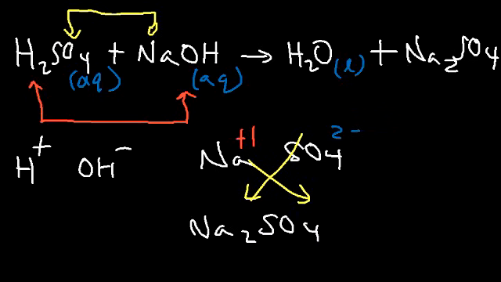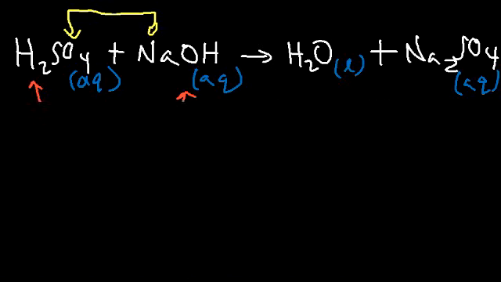And we said that alkali metals are always soluble, so sodium sulfate is a soluble substance. So we're going to write AQ for the phase. And now the next thing we need to do is balance the reaction. So we have 2 sodium atoms on the right side, so we need to put a 2 in front of